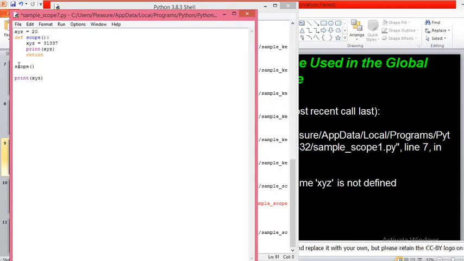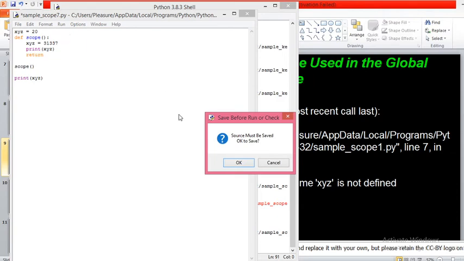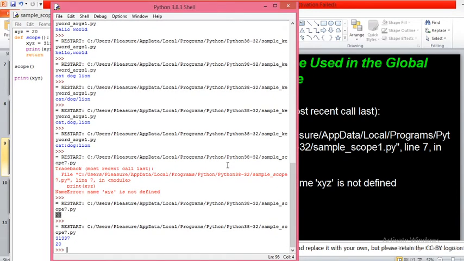See, first this function will be called, because this definition will be called by this scope function. So it comes to this definition, xyz will be initialized to 31337, which is a local variable of the function. Then the print function will execute and print the value of xyz, that is 31,337. After that the function ends, so this xyz will be destroyed, right? After that we have one more print statement with xyz. Now this xyz will be taken from the global variable, so that's why 20 will come on the screen. That's why 31,337 followed by 20 will be displayed. Okay, did you get this one now?